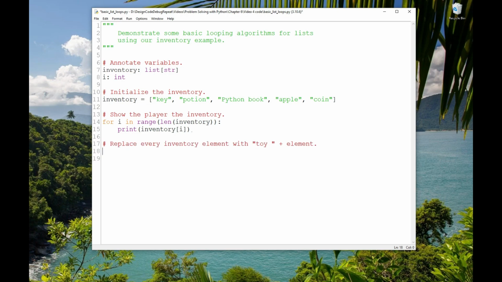Then I'll use the same pattern, for I in range len inventory, colon, but now inventory sub I is going to be on the left side of an assignment statement. Inventory sub I equals toy plus inventory sub I. Remember how assignment statements work, right to left. So we'll first access what's currently stored in inventory sub 0, or what inventory sub 0 evaluates to, which is